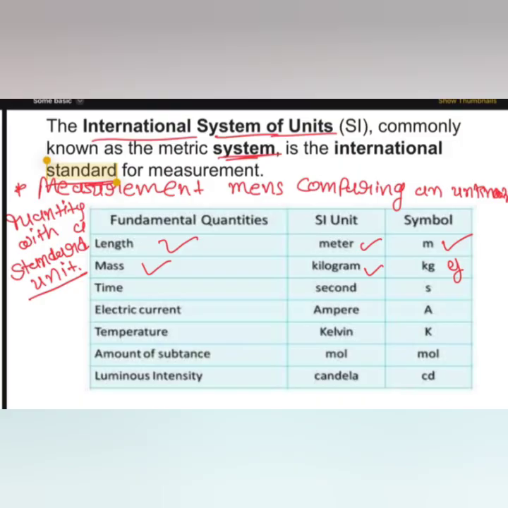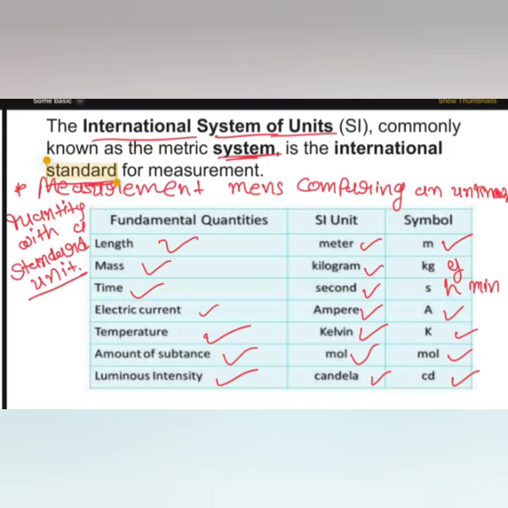Next fundamental quantity is time. Its unit is second, or hour or minutes also, right? Electric current, it's ampere, symbol A. Luminous intensity, it's candela, cd. Temperature, we call it Kelvin, it's K. Amount of substance, it's mole. Okay,